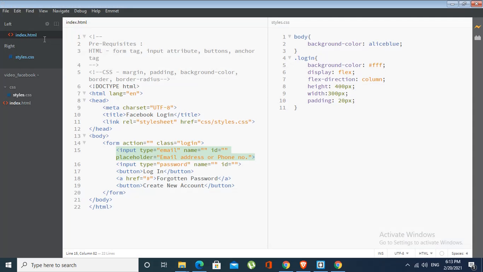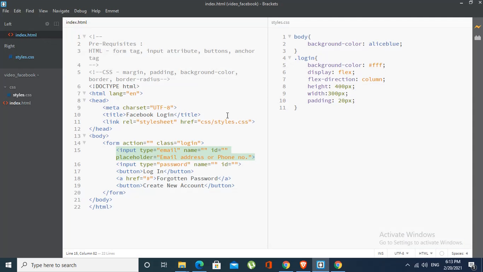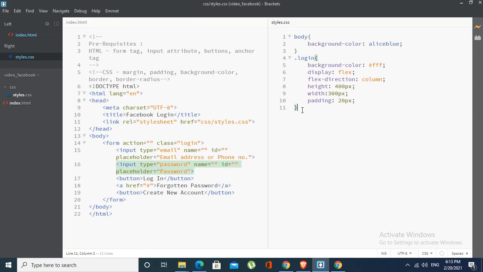Next one, so I need to use a placeholder. So let's say placeholder, and I need to say password. How do you look? Great, it looks nice. So let me give